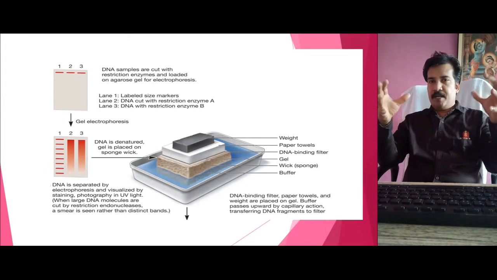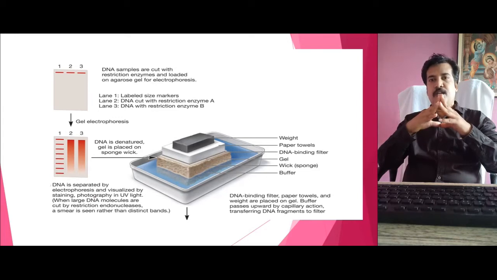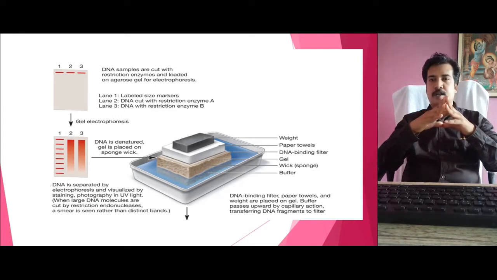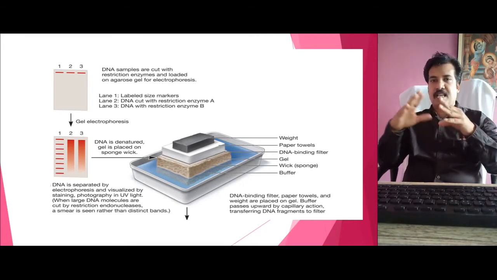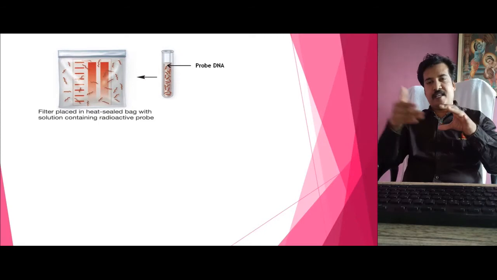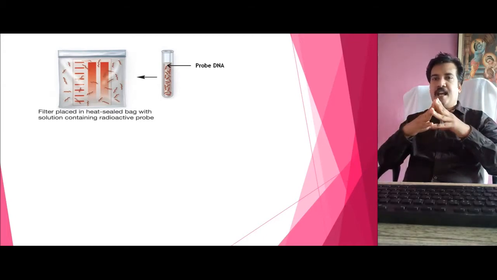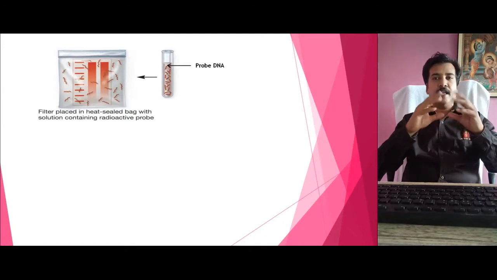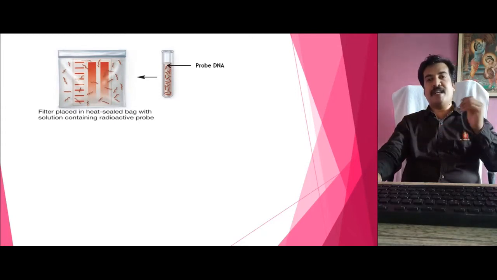So the blotting pyramid is basically an idea of transfer of this double-stranded DNA in a single-stranded form into the nitrocellulose paper. After the pre-treatment of the gel and construction of this blotting pyramid, the DNA has been transferred to the nitrocellulose paper. This nitrocellulose paper is dried, then packed in a sealed container, and respective buffers are added. Generally sodium citrate buffer is added along with the probe DNA, and it is incubated for a respectable period of time so that the hybridization process will happen, where the bases are complementary to each other.